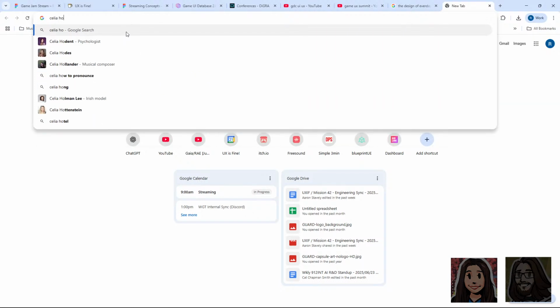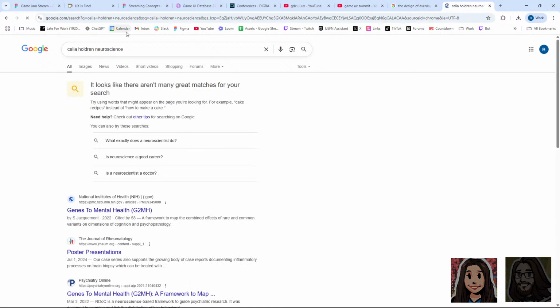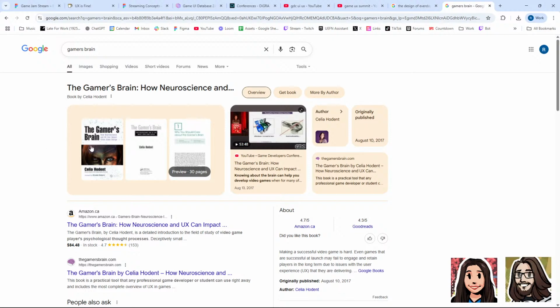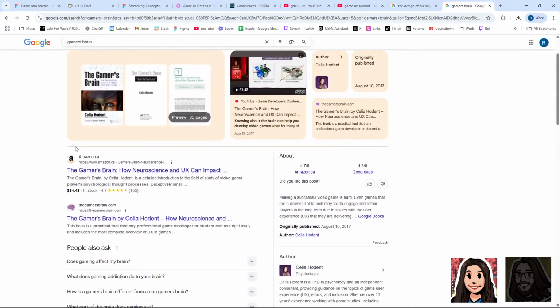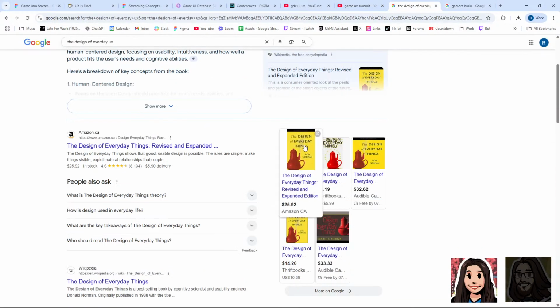book, The Neuroscience of UX. Yeah, The Gamer's Brain, how neuroscience and UX can impact video game design. That's a very good one. Yeah, these are all very useful resources, but